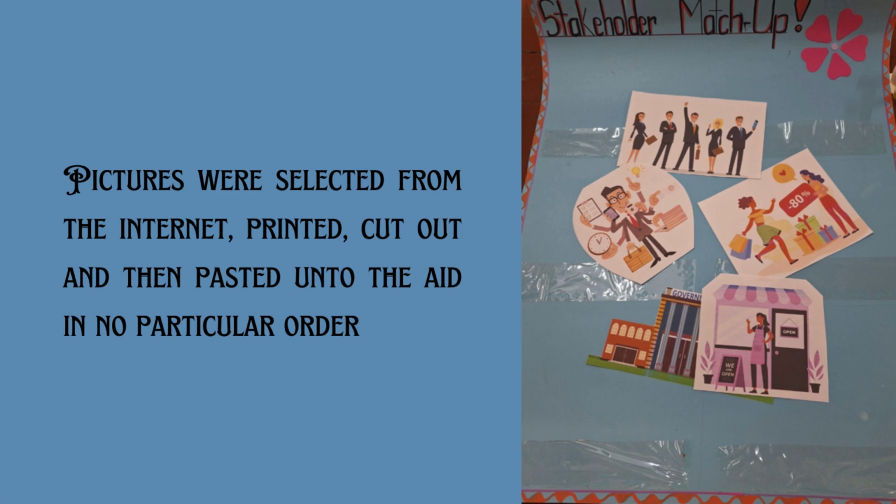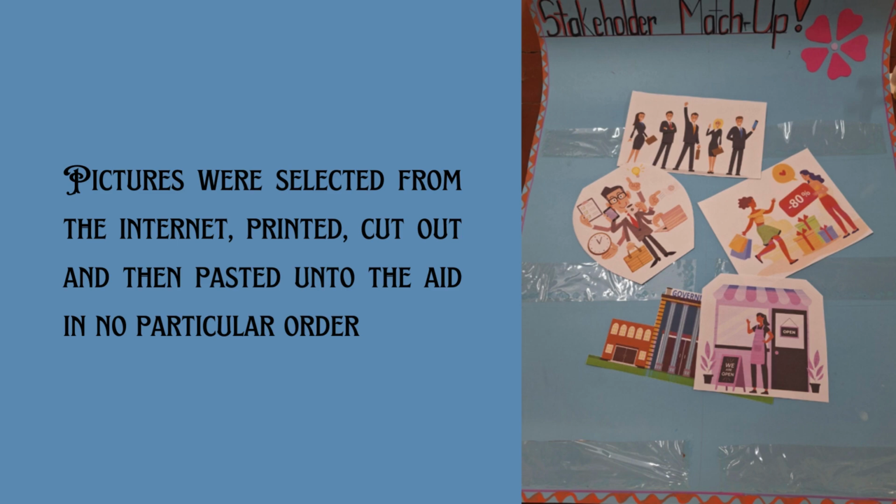Now, I chose pictures from the internet, printed them out, and then cut them and pasted them. I didn't put them in any particular order, because it needed to have some sort of challenge